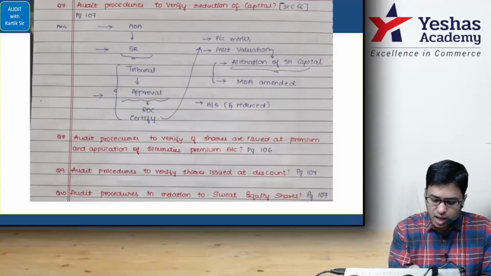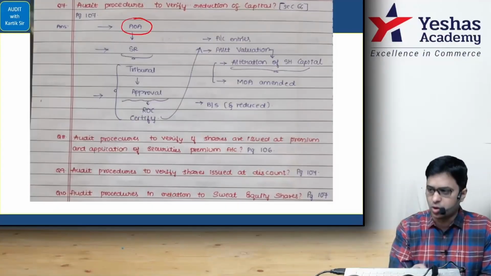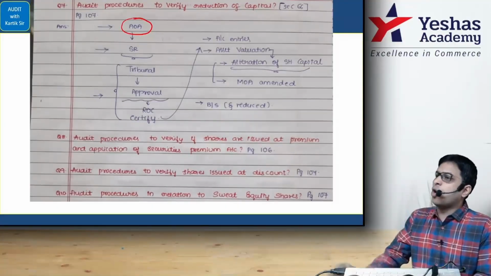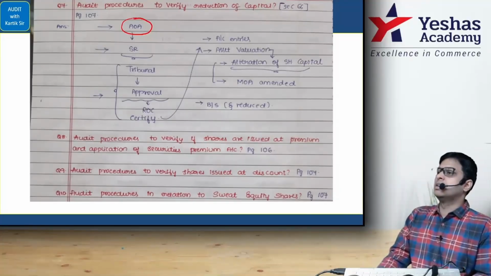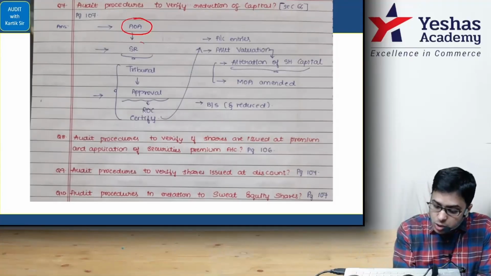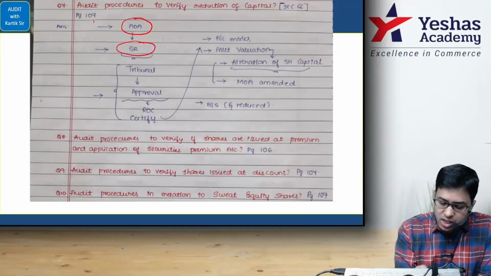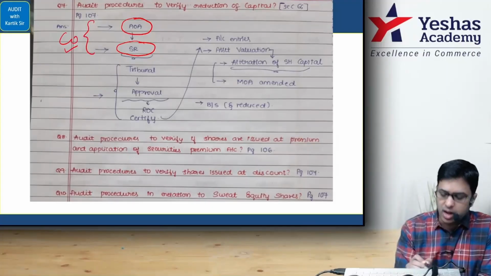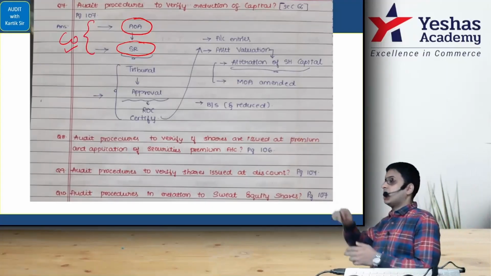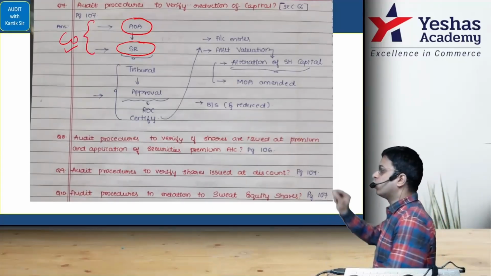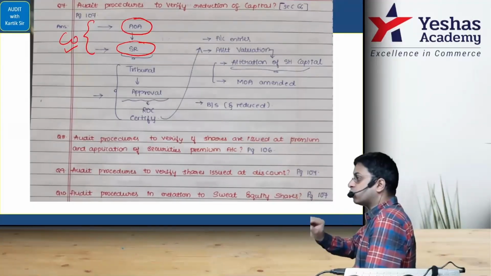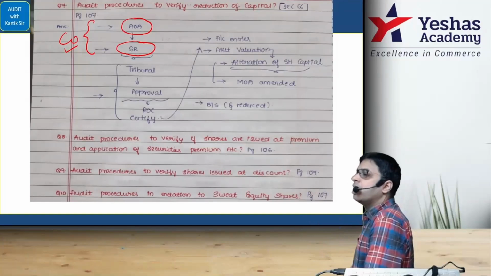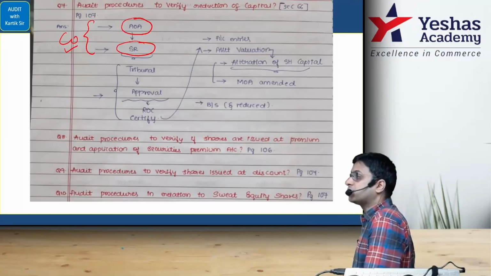Whether the AOA gives the approval for it or not. If the AOA gives the approval, again you have to call the shareholders and tell them, we are planning to go for reduction of share capital, are you okay with it? Shareholders have to pass a special resolution. With these two, the company is approving. The home is approving: yes, let's do this. So first, the AOA should give the approval, it should be written in it. And second, a special resolution should say yes, let's go for reduction of share capital. For doing that, you have to take the tribunal's permission because it's a big step for the company.